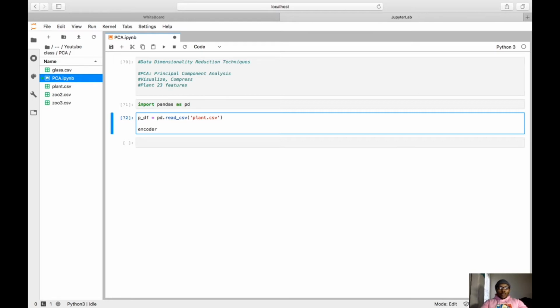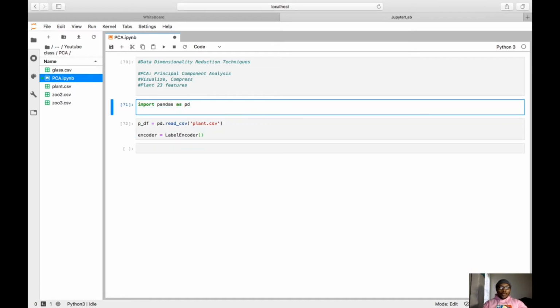So we'll do this by using a label encoder, but remember we did not import it, so we'll come here and say from sklearn.preprocessing import